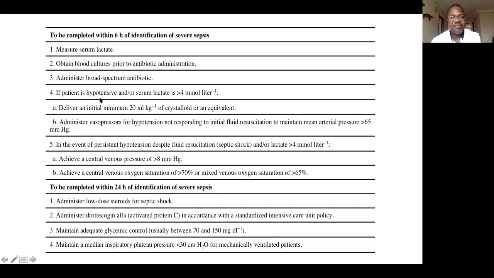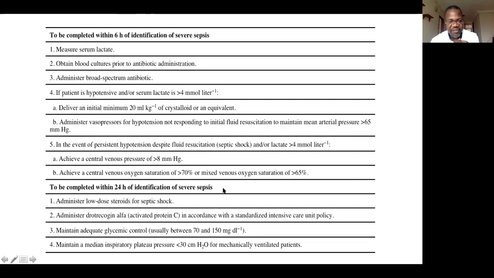If the patient is still hypotensive and the serum lactate is above 4, what do you do? You deliver an initial minimum of 20 milliliters per kilogram of crystalloid or equivalent. Then you put the patient on vasopressors. Now, in the event of persistent hypotension despite fluid resuscitation and lactate level above 4, you need to achieve a central venous pressure of above 8, and you need to achieve a central venous oxygen saturation